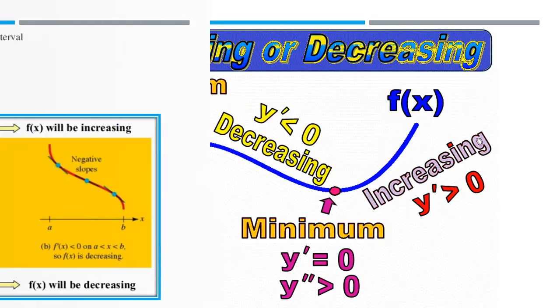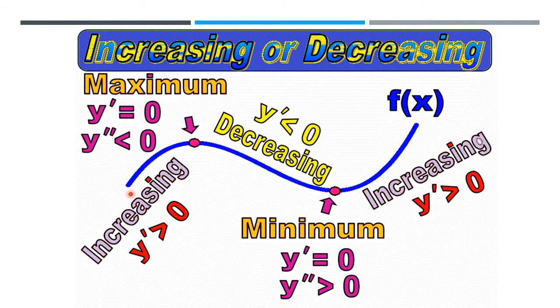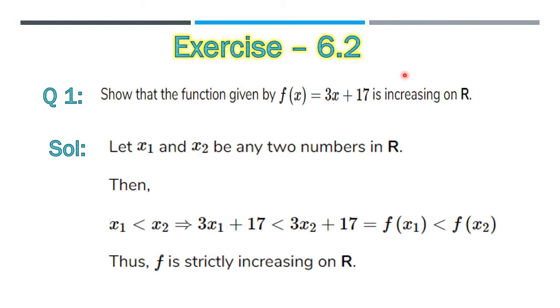so f x is a decreasing function. Here you can understand, students, the function is increasing, and we can say y dash, meaning the slope or the derivative, is greater than 0. This is the maximum point, then it starts decreasing, and when the function is decreasing, definitely the slope is negative, less than 0. Then this is the minimum point, minimum value. We will learn maxima and minima in my further videos. I will discuss these things, and then it starts increasing, and here definitely again y dash, meaning slope, is greater than 0. Now let's discuss a few questions.